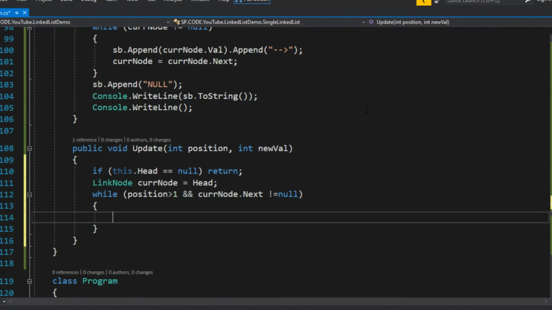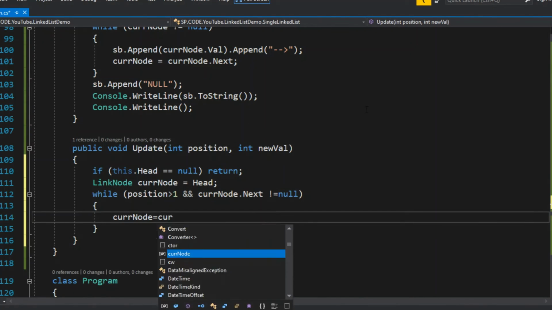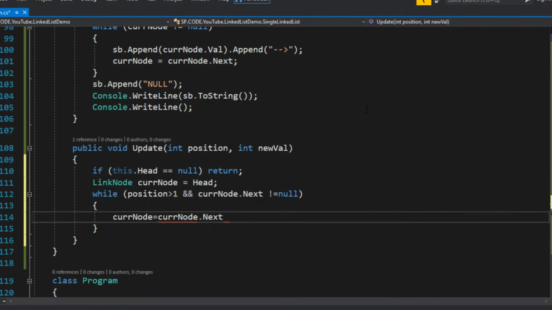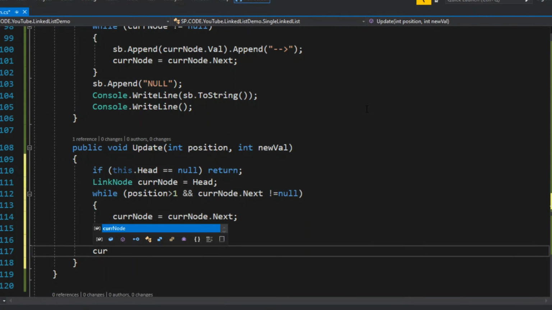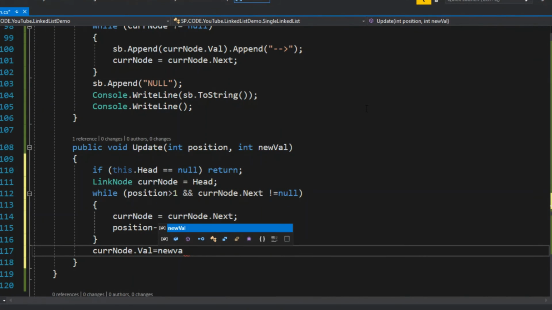So it's a tail node. Current node dot next, right, and positions minus minus, or current node once you move out, then update with the new value.